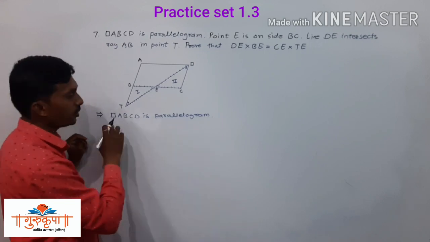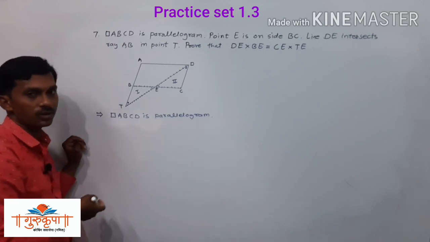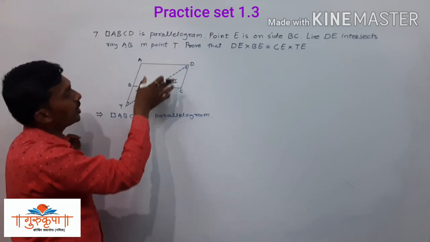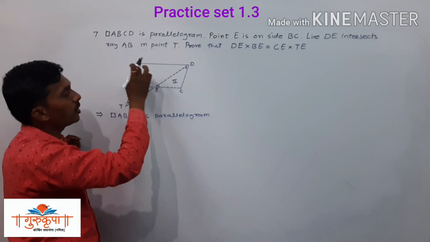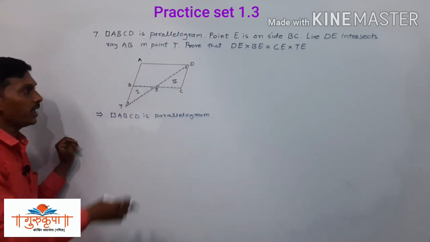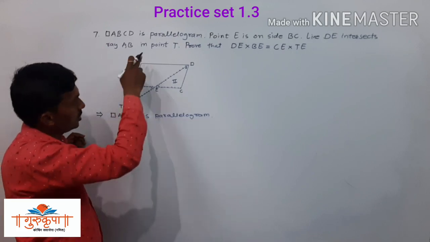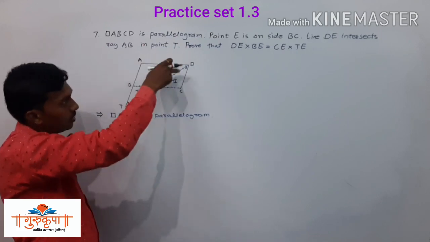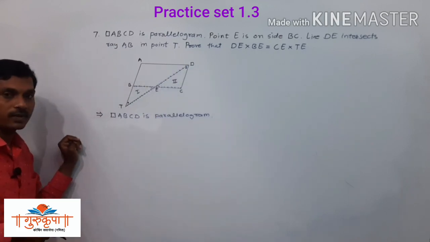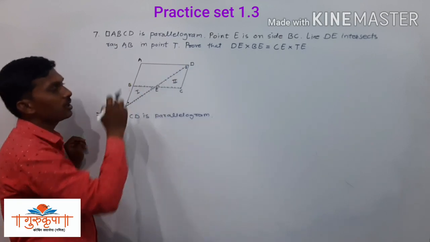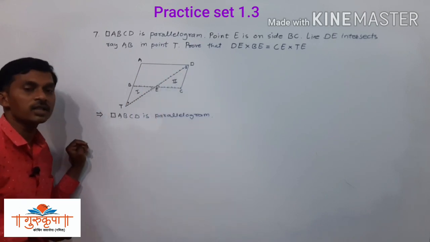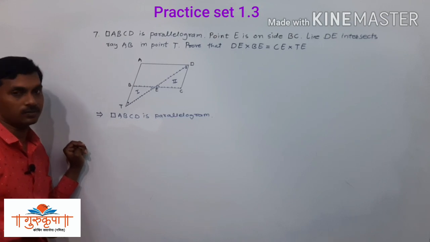So we will write that information. Actually that is not given information. It is given that ABCD is a parallelogram. So we can write AD is parallel to BC and AB is parallel to CD, but we have to use this much only, that is AB parallel CD, and their transversal is TD. These two lines, AB and CD, are parallel, and TD is their transversal, since these two angles are congruent with each other, and the reason is alternate angles theorem.